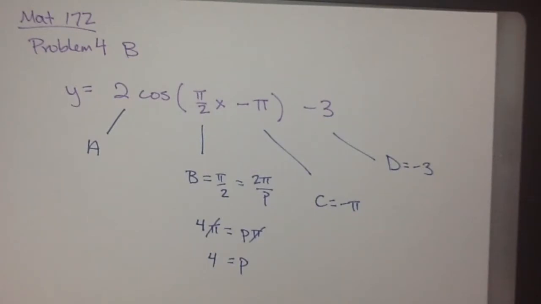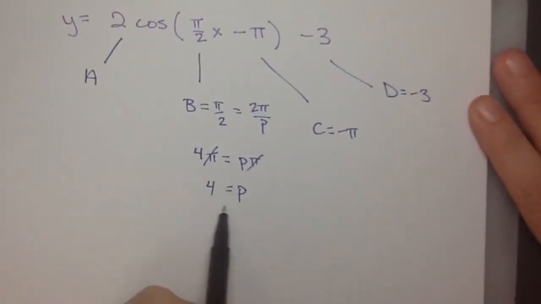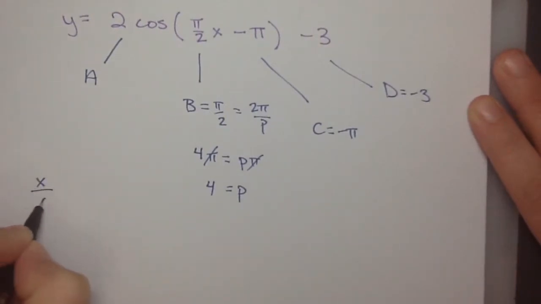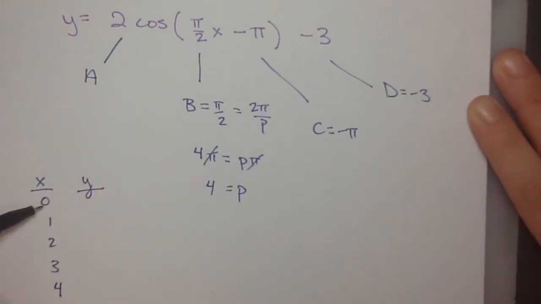All right, so just to pick out some, we know that to get a repetition we'll need 4. So we're going to start our x at 0, and then we're going to go 1, 2, 3, 4. And then we're going to calculate y. Okay, so when x is 0,